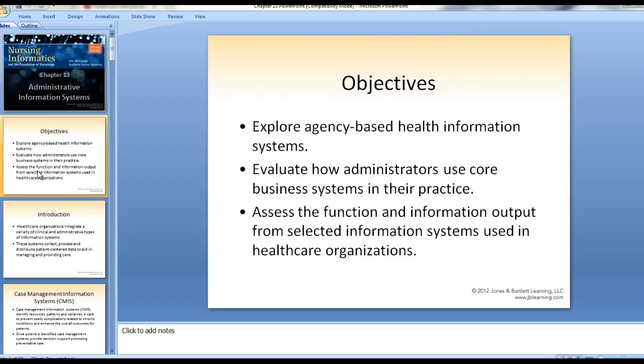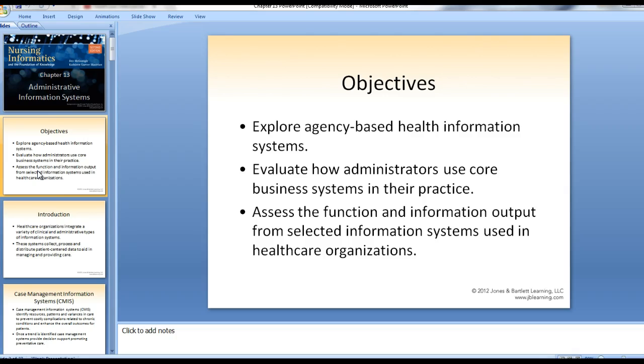There's a million out there. Epic is used quite often in this area of Cincinnati, so that's one I tend to refer to. I would love to hear feedback from your information systems. Then, how administrators use core business systems in their practice. We're going to talk about informatics within business and how health administrators specifically use it in their practice, and then the function and information output. So you have the whole idea about function and then what comes from that,